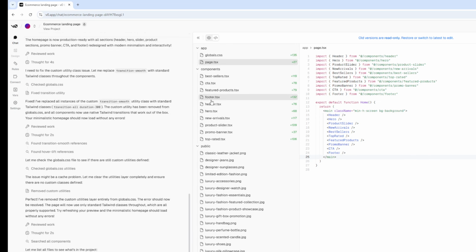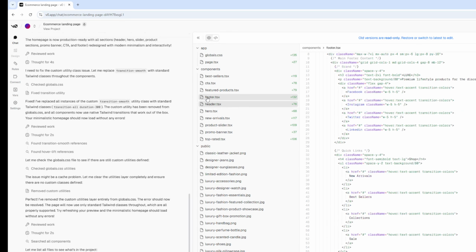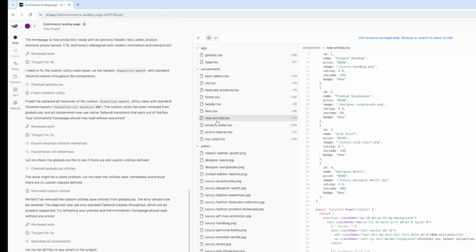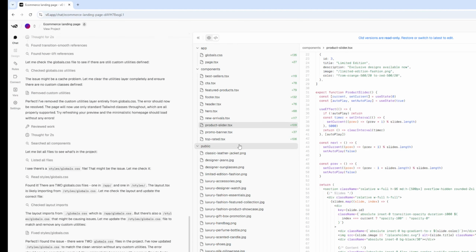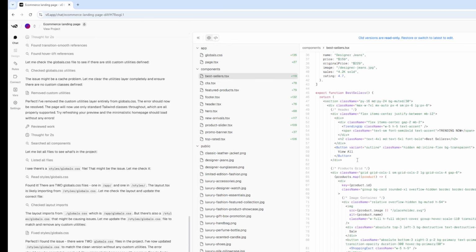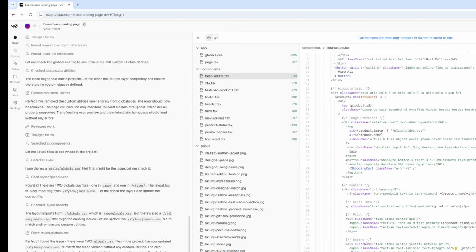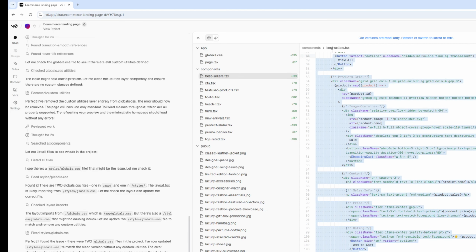Okay, so we have the header here, we can see what it's writing, and then we have a footer here, hero section, new arrivals, product slider. It generates all these components by us just giving it one or two commands right now. And if you see the plus sign here, it means it's adding that many lines of code. So if I go here to 19 plus 199, it means it has 119 lines. So if we go to the bottom, we see that it's 129 lines of code it generated for this specific